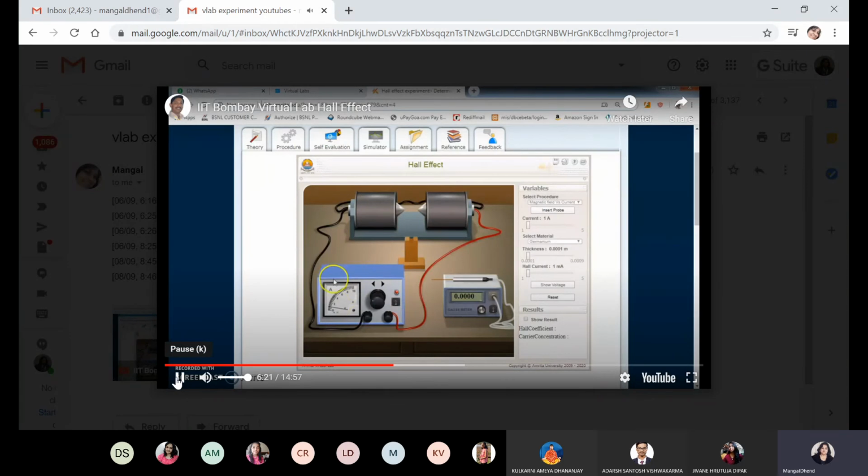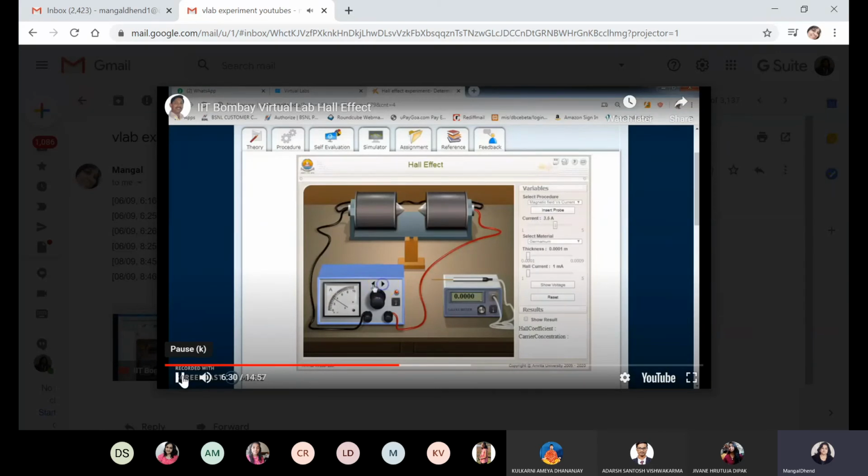This is the power supply to the electromagnets. Okay, and this is the current slider. Using the slider you can change the current. Now don't confuse between the two currents. When you are changing the current slider, you are changing the current through the magnet. So the flux density will change. Okay. So you are just varying flux density for the different readings.